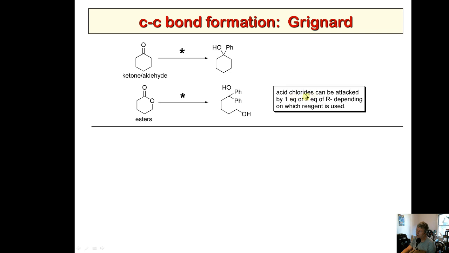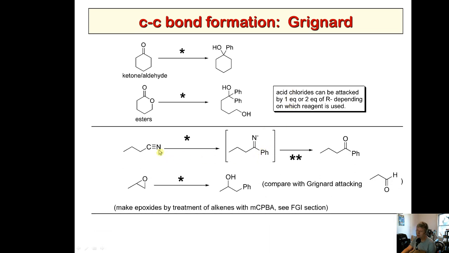But with acid chlorides, remember there is a way to add 1 equivalent of an R minus, and that's using a cuprate. The cuprates, the copper reagents, will attack an acid chloride once, and you get a ketone out. Then we also learned in this course that nitriles react with Grignards, like phenyl MgBr, and that gives you an intermediate imine-like thing, an imine, and that